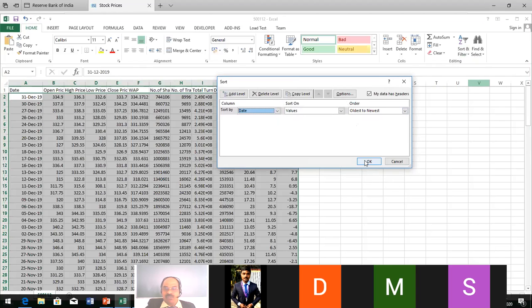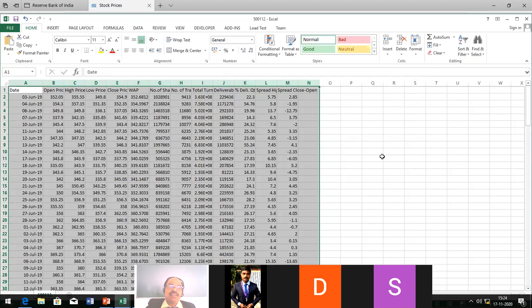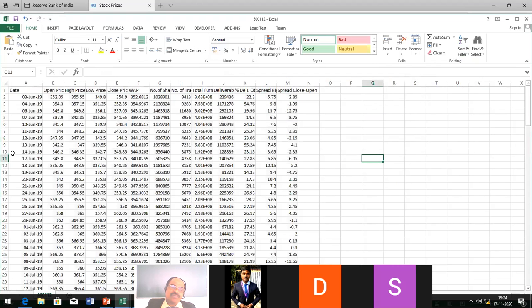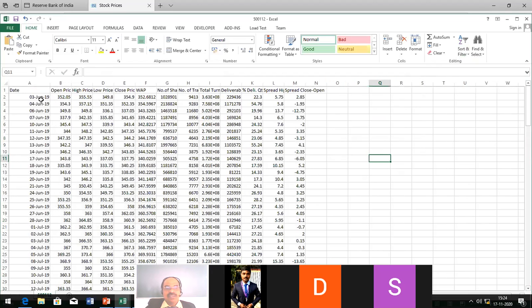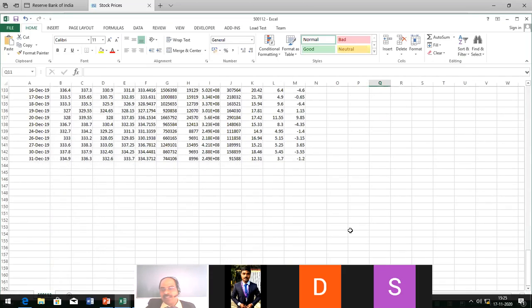Most of you are making the mistake here only. Oldest to newest data. Don't mess with the same file. Okay. Now you can see data has been gathered. I gathered from 3rd June 2019 and it ends with 31st December.